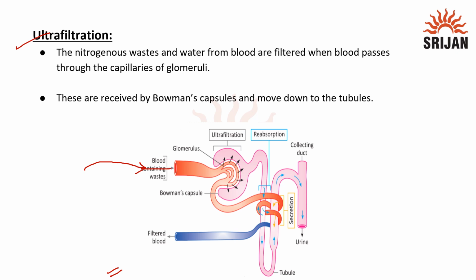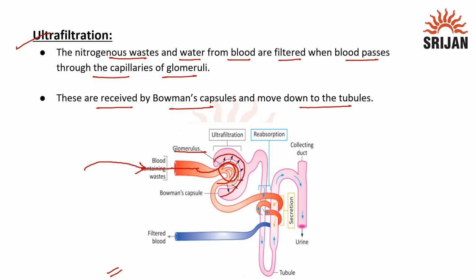is going to form blood capillaries, and here we can see a tuft of capillaries formed. This tuft of capillary is called the glomerulus, and this cup-shaped structure is called Bowman's capsule. So the nitrogenous waste and water from the blood are filtered when blood passes through the capillaries of the glomeruli, and all this filtered nitrogenous waste and water from the blood are received by the Bowman's capsule, which then move down